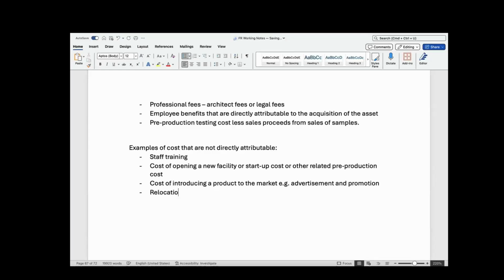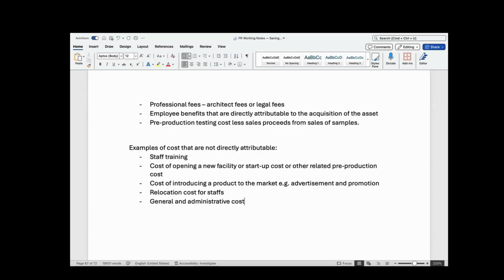Or you need to relocate some staff to the new facility. You now pay relocation cost for staff that will come and use the assets. That is also not capitalized. They are automatically expensed as they occur,